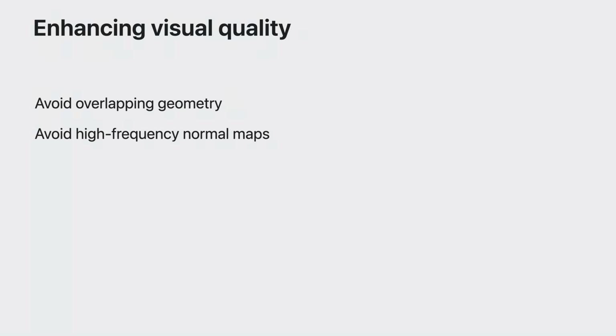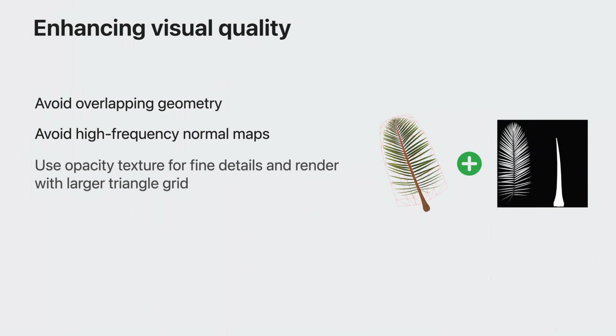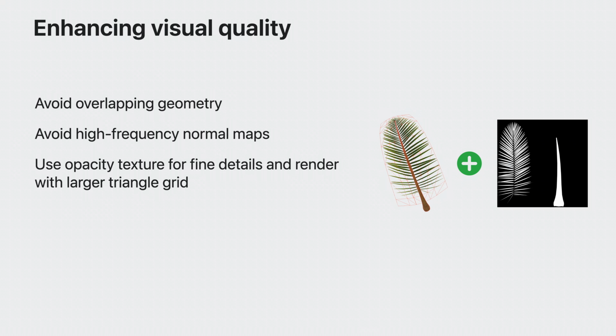Try to avoid using high-frequency normal maps since they may result in aliasing issues that can create unwanted visual artifacts, especially in situations where you are in motion or up close to the 3D model. When rendering a small or thin object such as leaves, the system may not be consistently sampled over time under variable rasterization rates, which may cause flickering in the periphery.